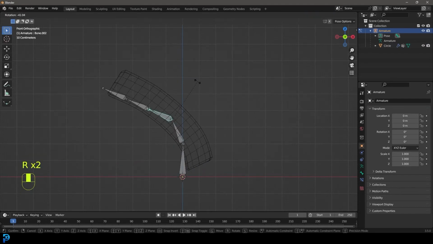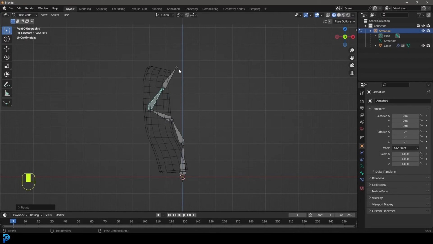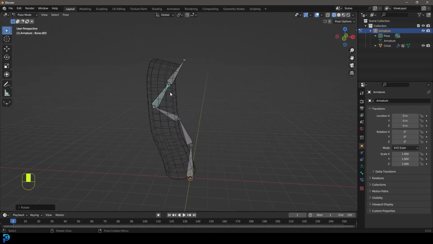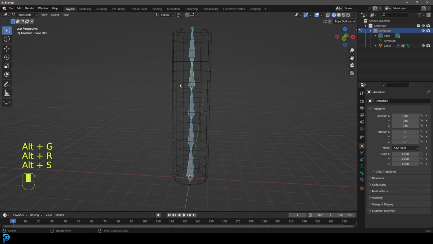And you can see here, we're deforming. Now the reason it looks kind of bad like this is because Blender has done its best job here to try and do it by default, but we can do it a bit better. So I'm just gonna press A to select everything, go Alt G, Alt R, Alt S, just to reset any